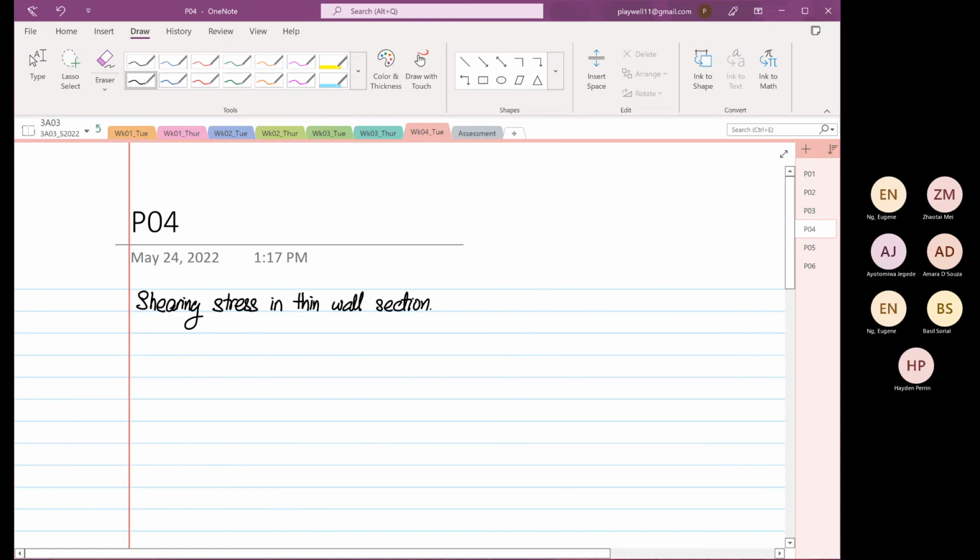Okay, we're going to look at shearing stress in thin wall section. So this is a so-called new subtopic. Okay, so shearing stresses